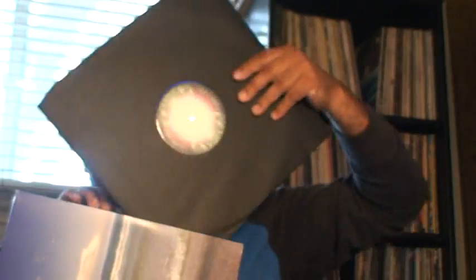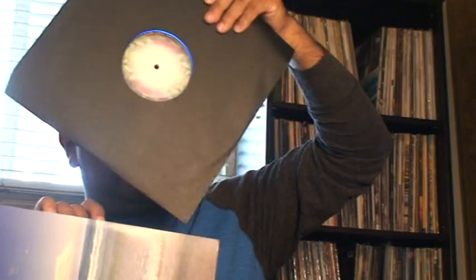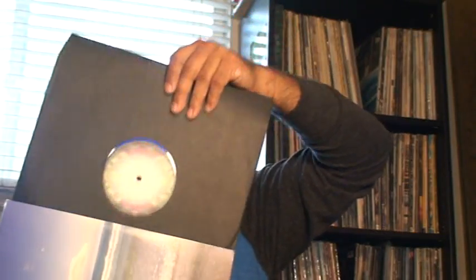Like I said, I wouldn't say it's their best, but it's not their worst either. It's an enjoyable record. And let me just put this back in there. Once you get them in, it's hard to put them back in easily. All right,